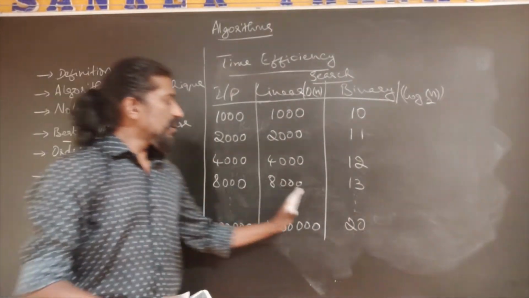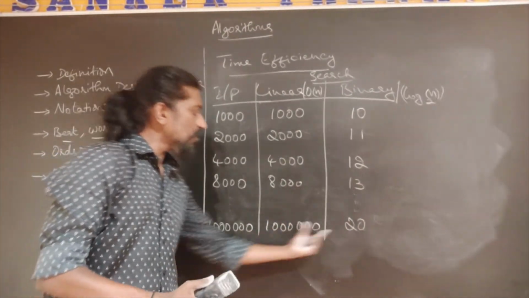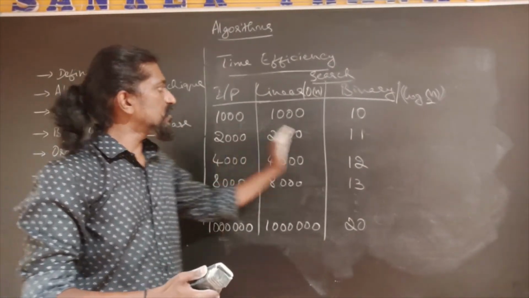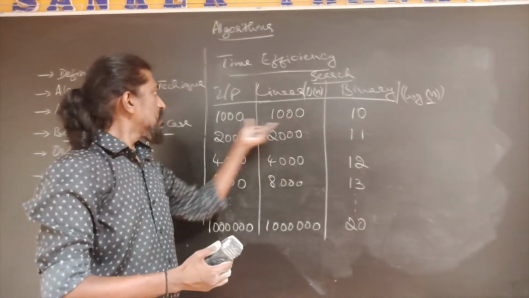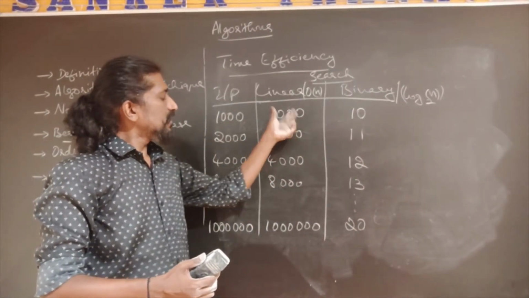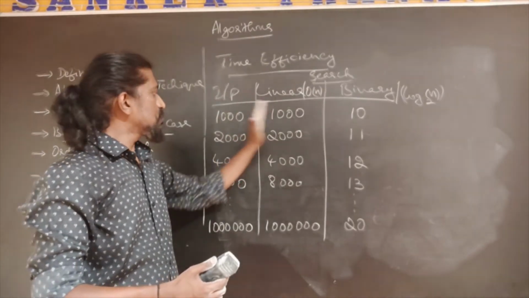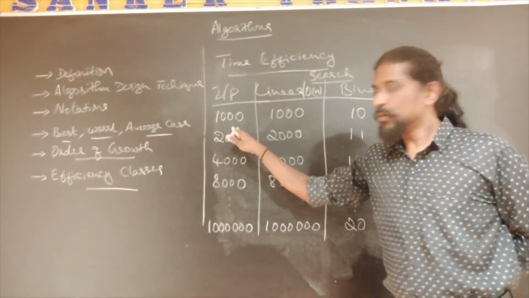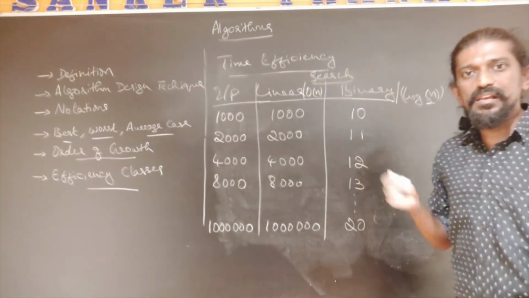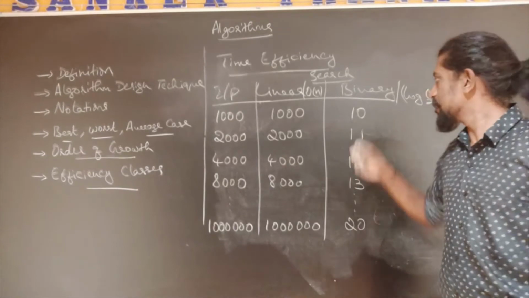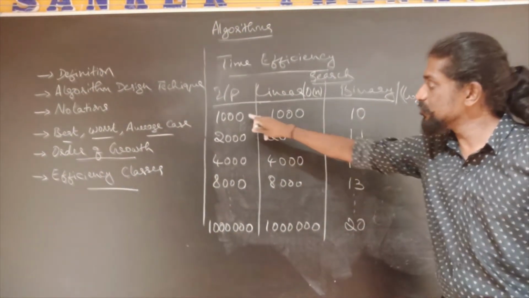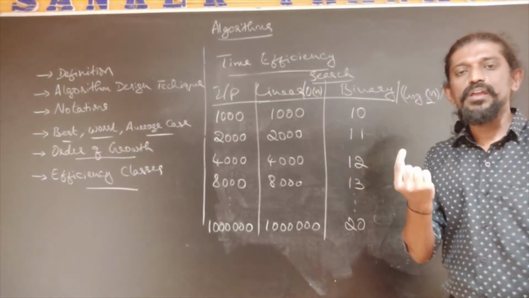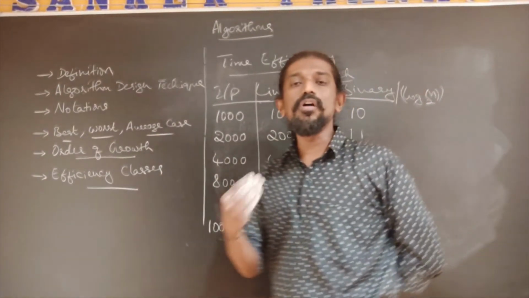Okay, so here what we can see is, more than the number of comparisons that are done, as the input grows or reduces, how is it affecting the running time? As the input increases, the running time also increases accordingly: 1000, 2000, 4000. But here, even though the input doubles, the running time increases only by a factor of 1. From 10 comparisons it increased to 11 comparisons, even though the input got doubled. Here also the input got doubled, but the comparisons increased just by 1. This is what we call order of growth.